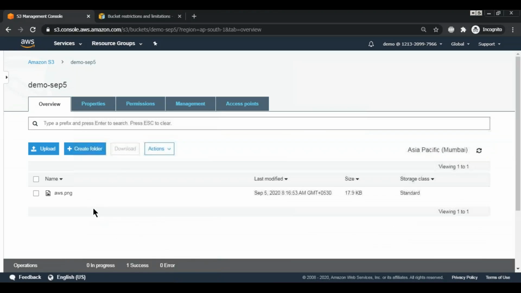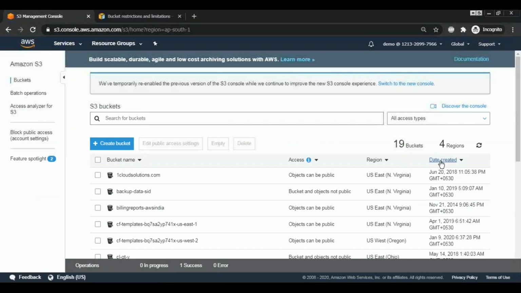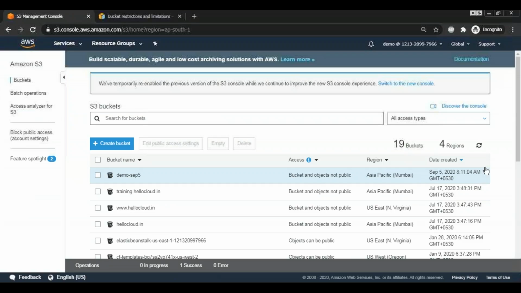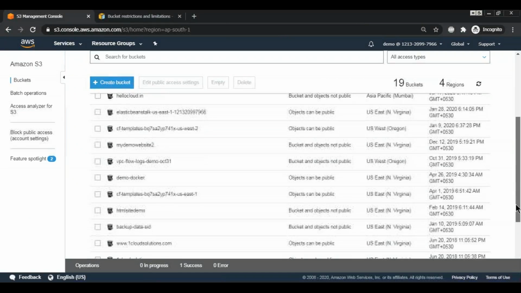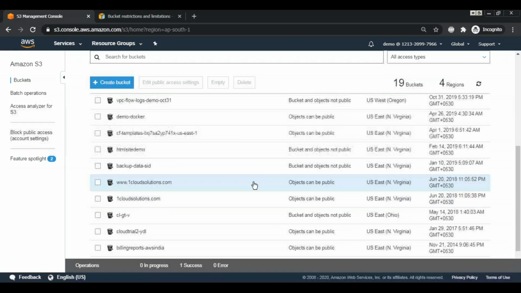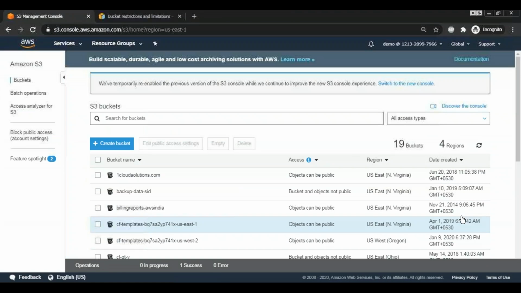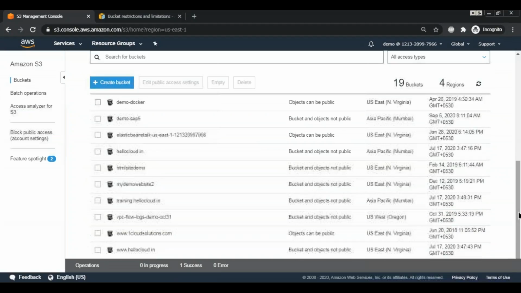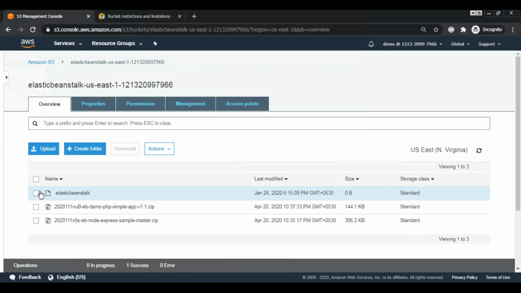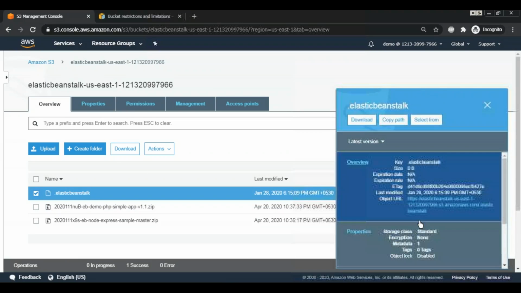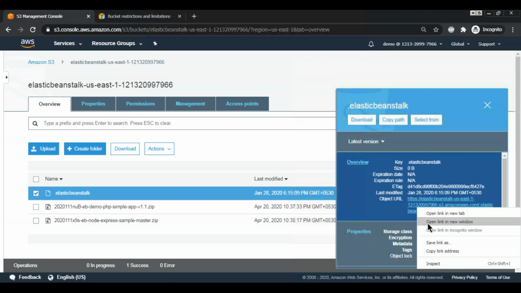Let us see if I have any. Okay, here I have. Yeah, I just created this, I think, in Asia Pacific. Let me go to some other region bucket. Yeah, we are in US East. Here also nothing is there in this. Okay, we'll go to this US East, North Virginia. Okay, here some files are there. So if you look at this particular object,